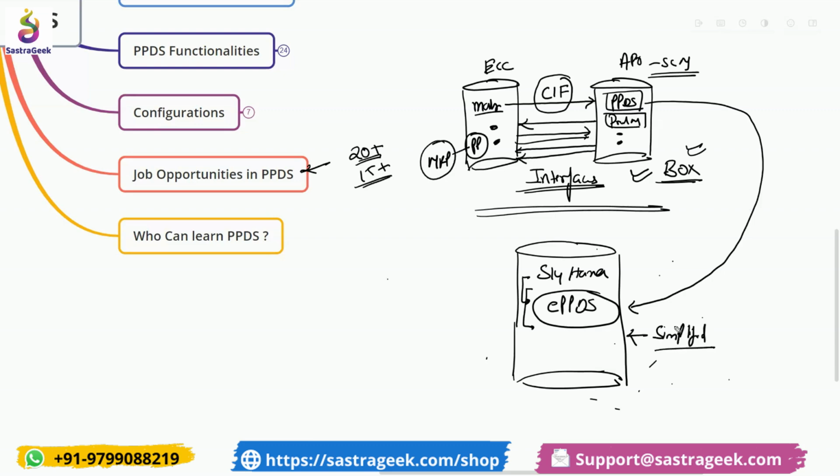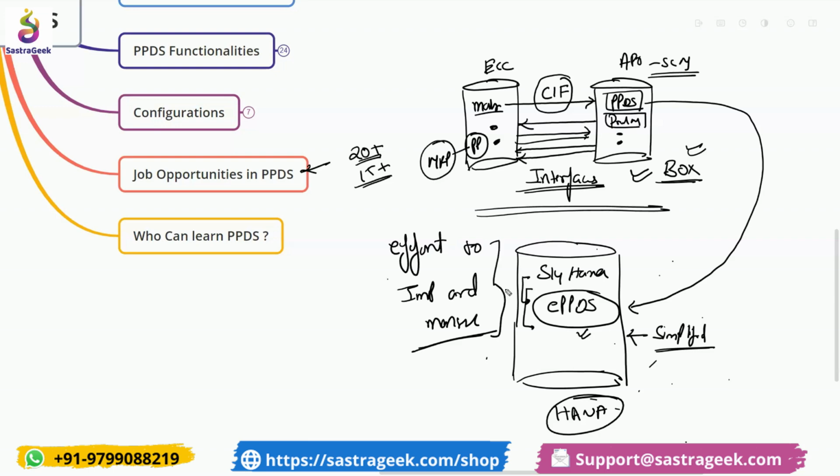The batch jobs and other things have been very much simplified because the transaction data is available in S4 HANA, the master data is also available in S4 HANA, and PPDS is also running on S4 HANA. This is all happening because of the capability of the HANA database that SAP is able to use. Now, what happened due to this scenario? Due to ePPDS, the effort to implement and manage